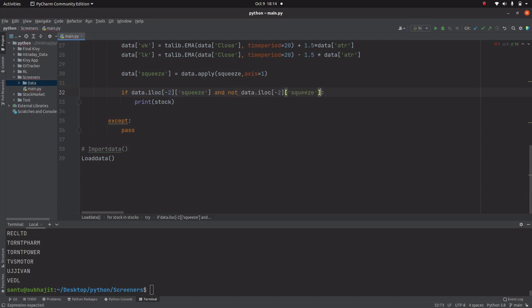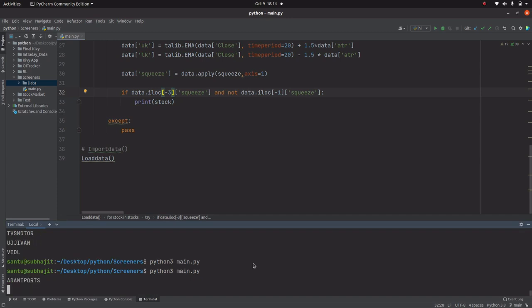That means it may happen a breakout is waiting for the stock. So let me run the function. No, there is no such stock. So let me take this as 3, that is, the second previous candle is in squeeze, but in the last candle there is no squeeze.